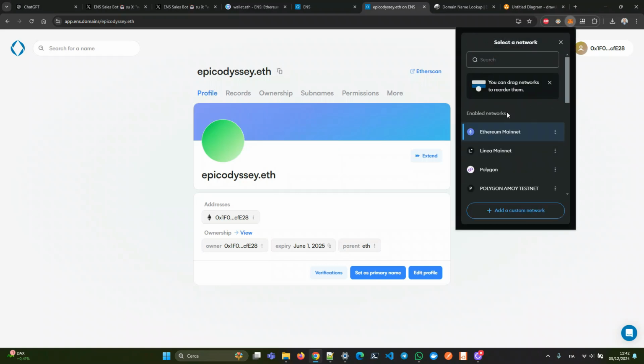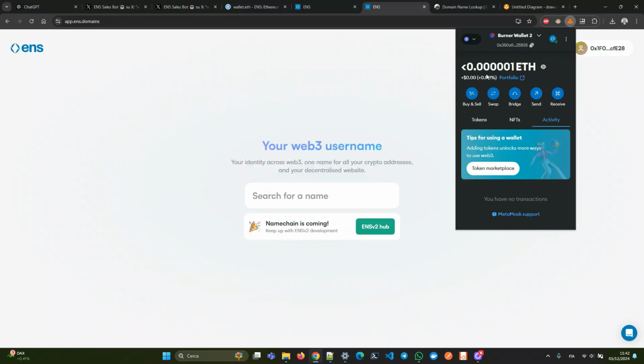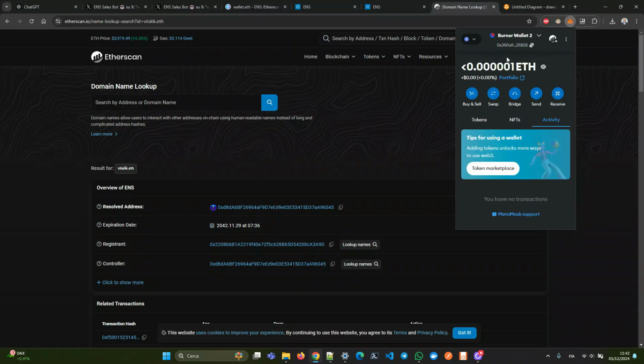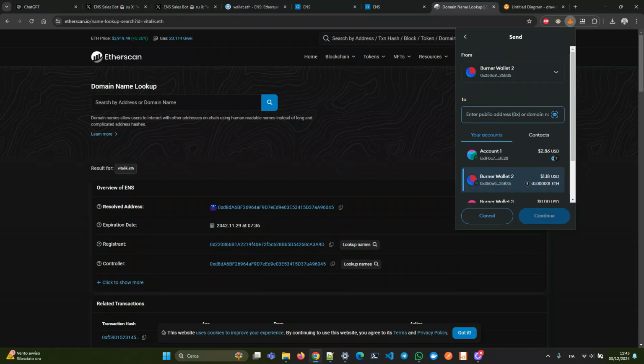Here, for example, let's go to Base. Let's change window because it gives some problems sometimes. Okay, now I can see the icon of Base mainnet. So I am on Base mainnet from my second account. For example, here I want to send some Ether to my first account, which is connected to the ENS